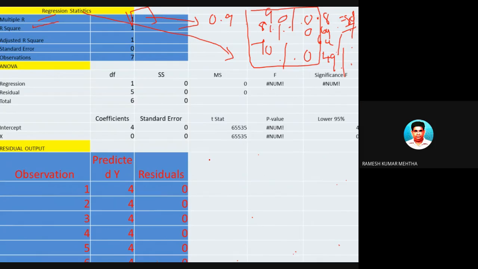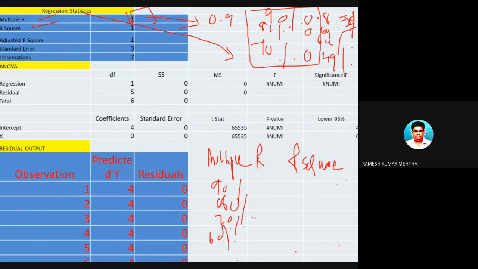Now let's talk about this one. When multiple R is having the following values and R square is having the following values: when this is 90%, when this is 80%, 70%, 60%, 50%, or 40%, like this. I'm taking 6-7 cases. So this will become 81%, this will become 64%, this will become 49%, because 70 into 70, this will become 36%, this will become 25%, and this will become 16%.